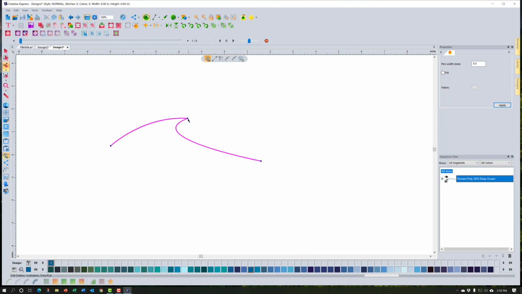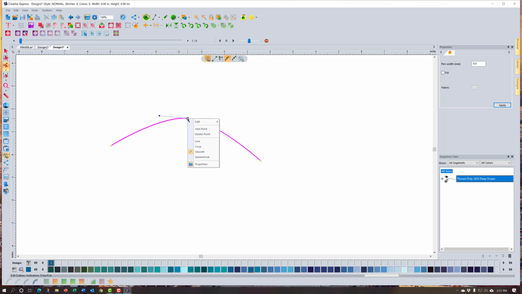So if I need to make an abrupt change in direction, then the type of point I want is a cusp, because I can change each side individually. I can even make lines loop like that if I want to. All right, and if I change these points to something else, the effect on the line is going to change. So if I change this back to a smooth point, you can see it changes what that line does. All right, so I can add points, I can right click and I can delete a point, and this allows me to create